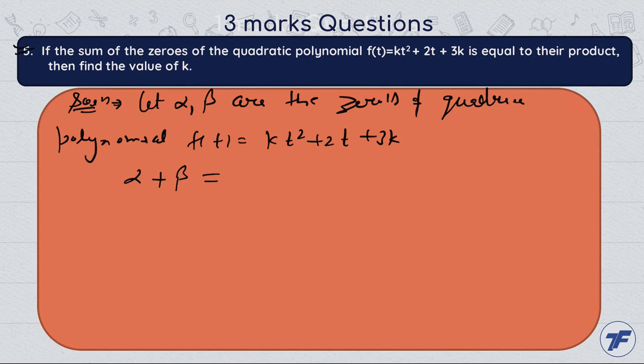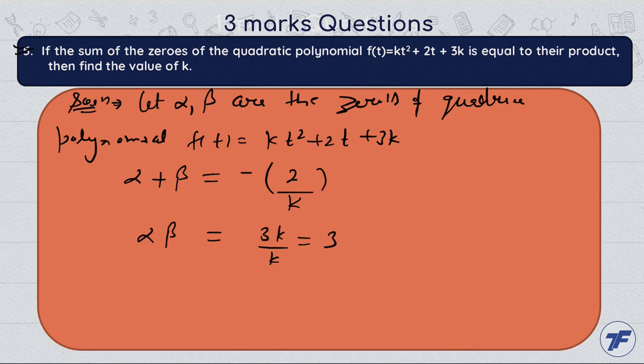Sum of the zeros equals minus coefficient of the linear term upon coefficient of x², that is t². Here the variable is t, so the sum is minus 2/k. And product of zeros, that is alpha times beta, is 3k upon k, that is equal to 3. And given condition,